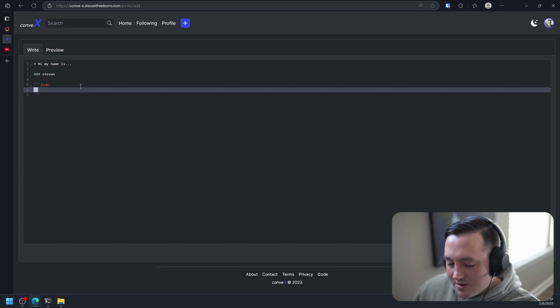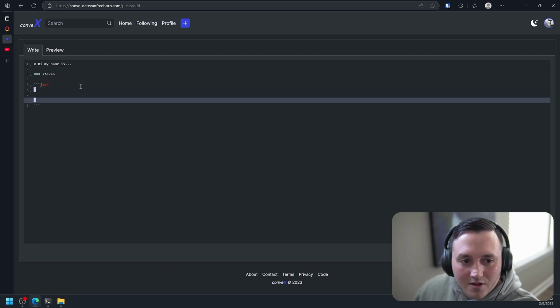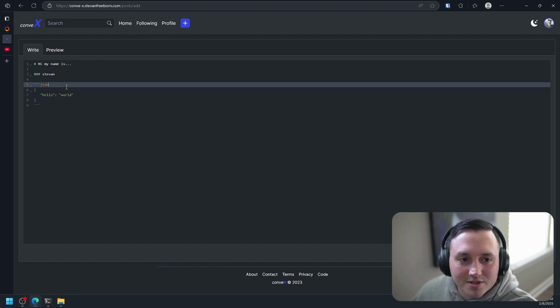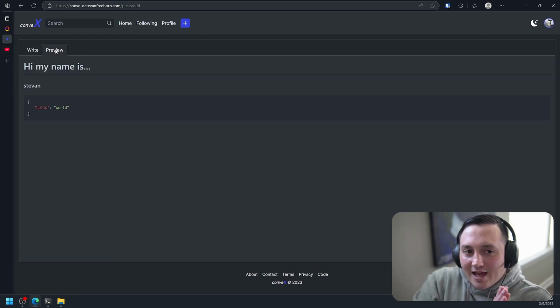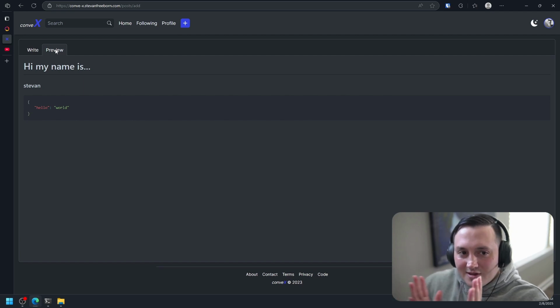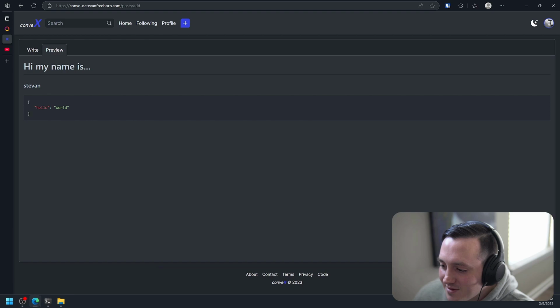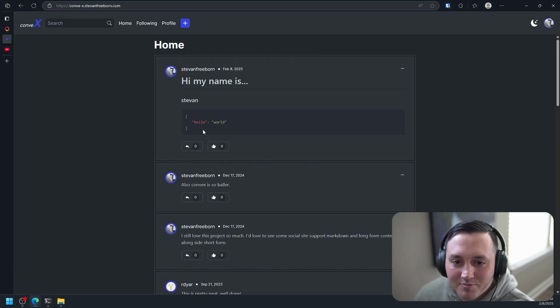Let's say hello world, like that. No trailing commas in JSON, and you can preview it. So it's almost like X meets GitHub put together, but like a social platform. And I think this will still all work. Yeah, so you post and you can see it still has that syntax highlighting.